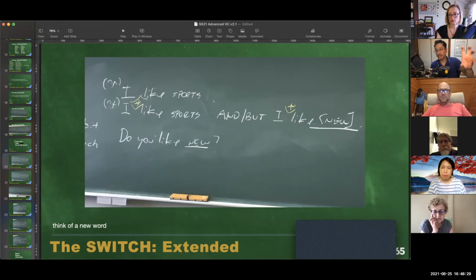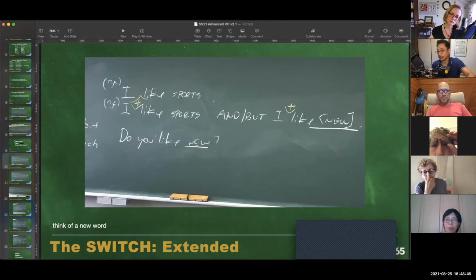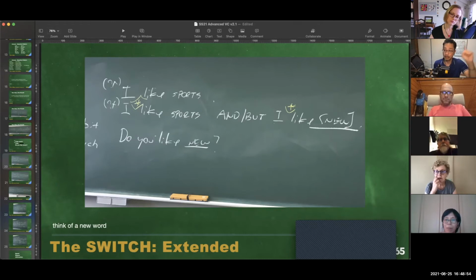Okay, now we take that, and if you see this entire construction, I tell them, okay, everybody, we were just doing I don't like. Now we're still staying with I don't like, okay? But now the new word has to be joined to the last repeat sentence with the word and. I don't like sports. I don't like sports, and I don't like baseball. I don't like pizza. I don't like pizza, and I don't like lasagna.